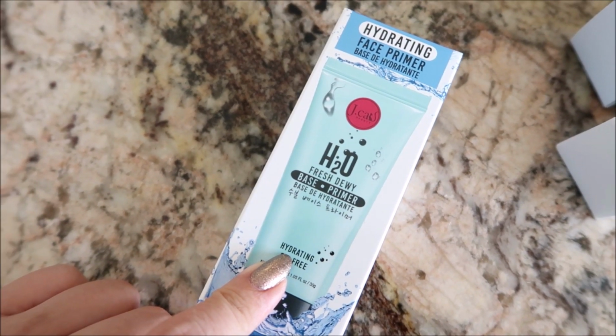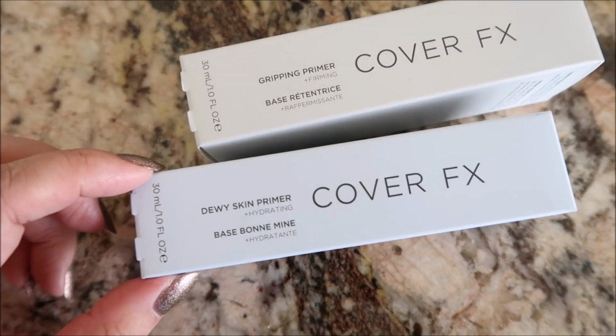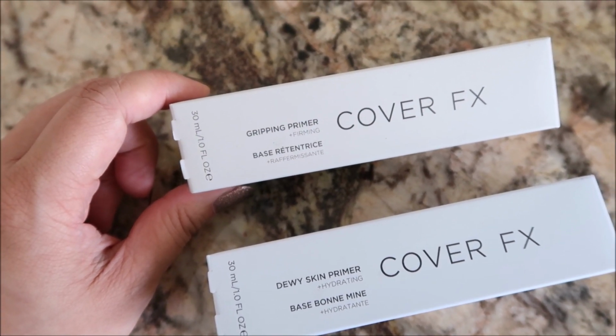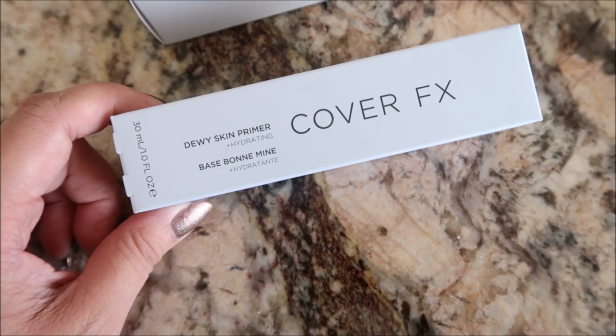The J-Cat Hydrating Primer, I like this. I don't know if this was part of the sale. I might have just picked it up. The Cover FX primers were half off, I think 19 each. I do have the Gripping Primer. I might give this one to my mom because she's on her second bottle of the Derma Blend one, so I want her to try this one. And I got the Dewy Skin Primer for myself, and I don't know that...